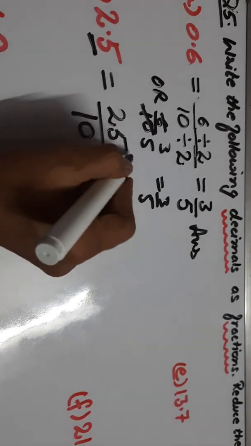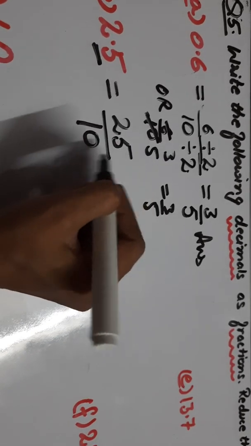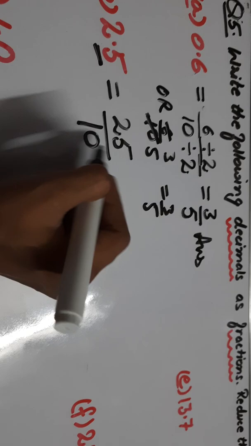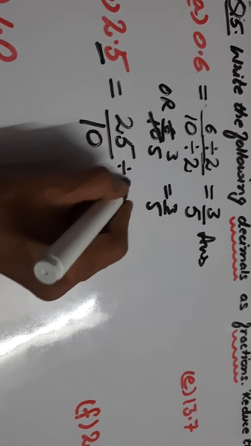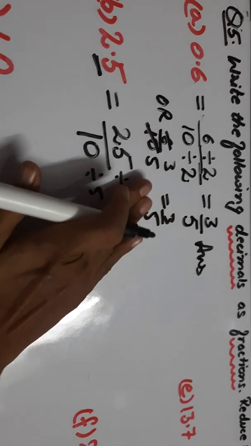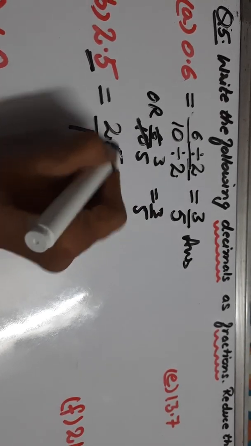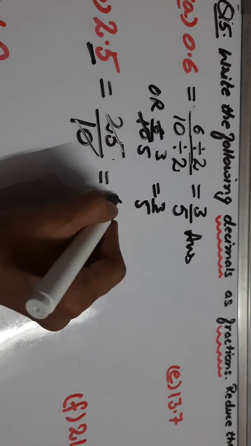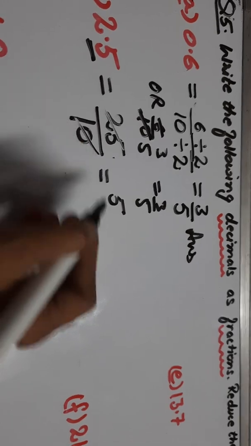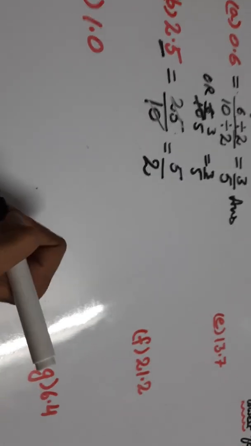Here 5 is 1's digit, here 0 is 1's digit. So it shows that both are the multiples of 5. Both come in the table of 5. Both can be divided by 5. So either you can divide both by 5, or we can do direct cutting also. So by doing the cutting, by reducing it, we can write 5 times what is 5? 5 5s are 5. 5 times what is 10? 5 2s are 10. So in this way also, right?